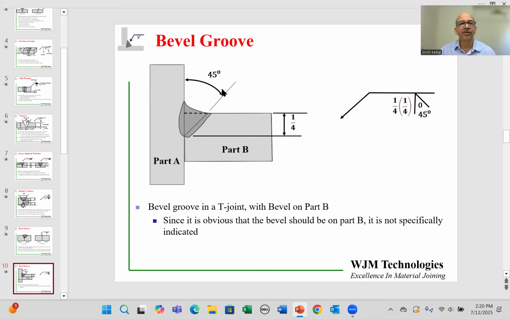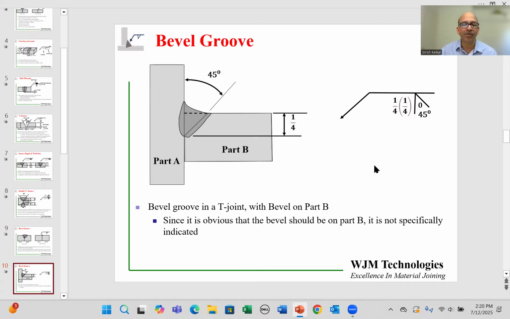Here the bevel angle is 45 degrees, the gap is 0. Again, we can see the 0 number over here, 45 degree number below that. And the depth of the bevel is 1/4 inch and the weld size is also 1/4 inch. So the design engineer is expecting you to make a weld which is just about as deep as the bevel itself.